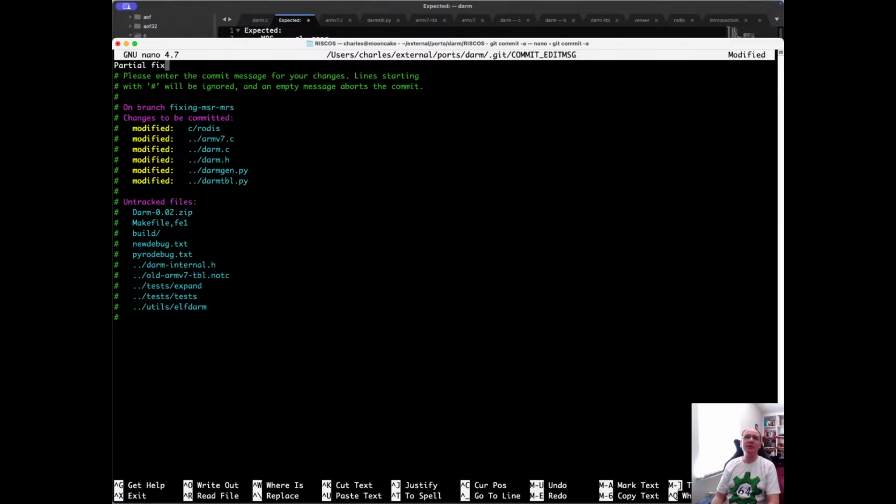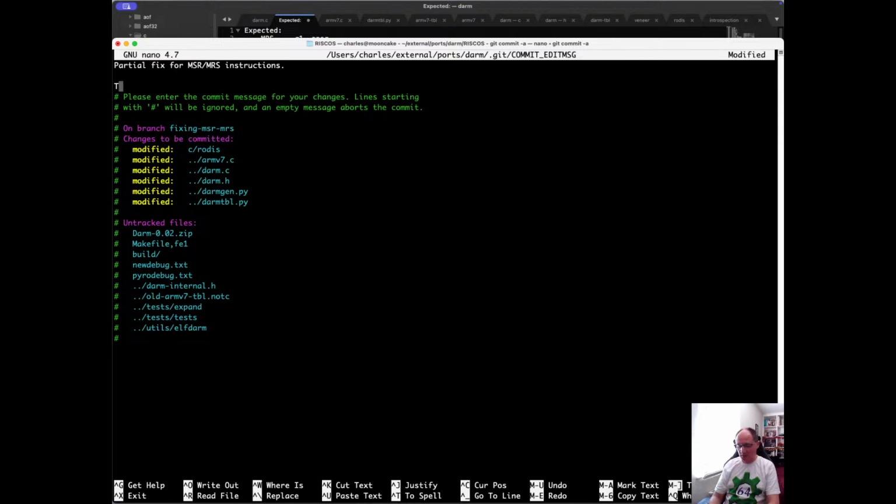Partial fix for MSR/MRS instructions. This change introduces MSR with a register as